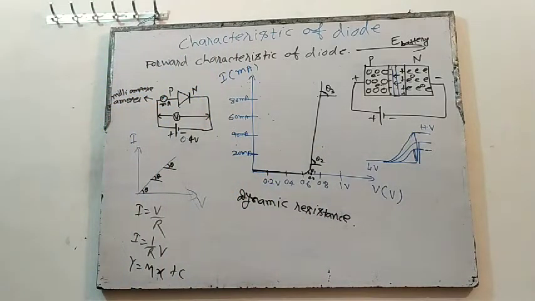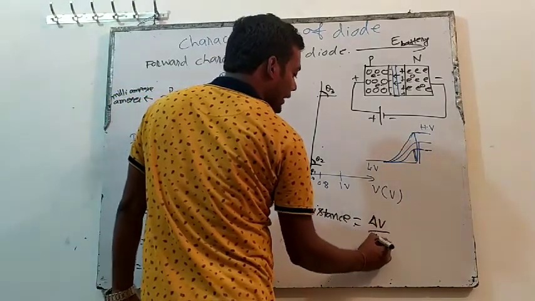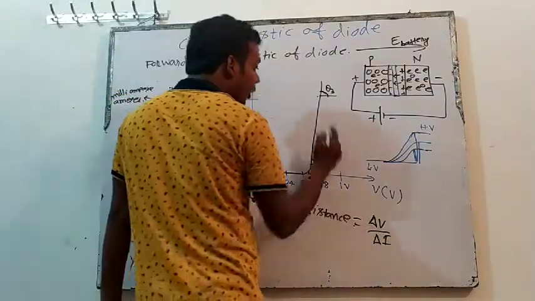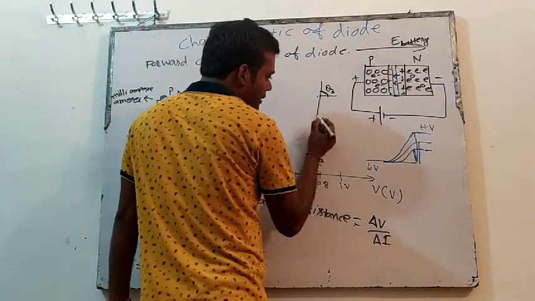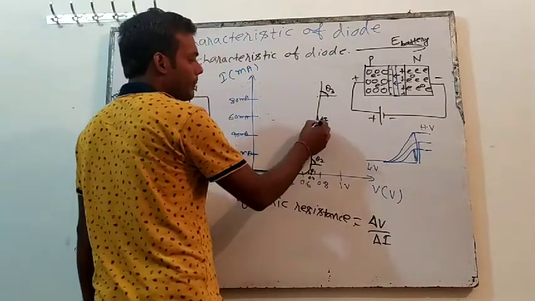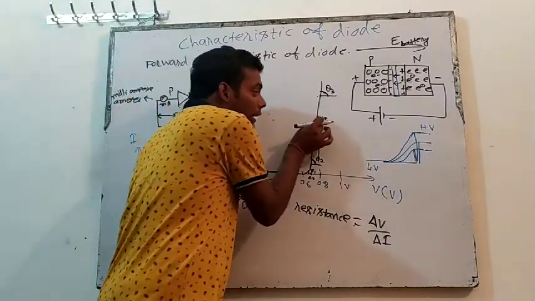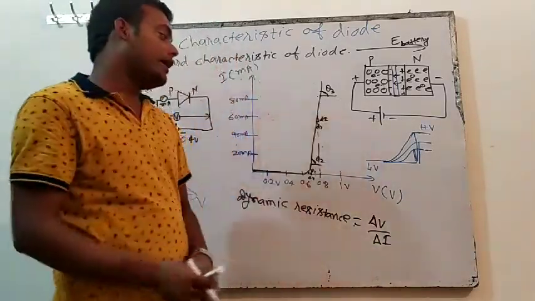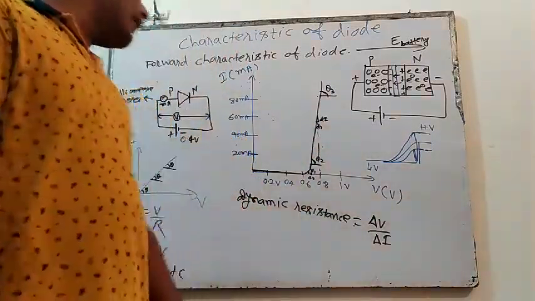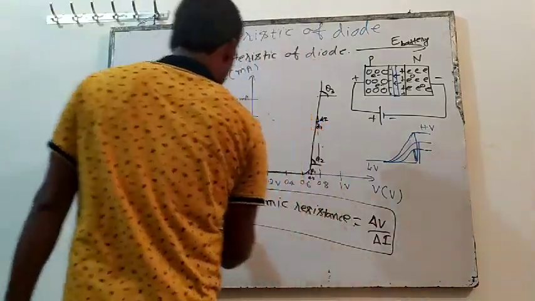Dynamic resistance is equal to delta V by delta I, the change in voltage by the change in current. And this change is a small change. So we will make a small triangle, and this will be dI and this will be dV. Suppose here I want to find dynamic resistance, so we make a small triangle, then we measure dV and dI. dI means a small change in current, dV a small change in voltage, and the change of voltage divided by the change in current is known as dynamic resistance. So we calculate dynamic resistance like this.